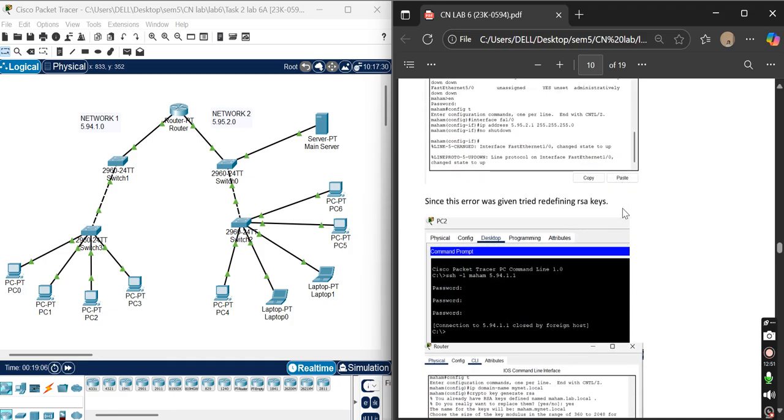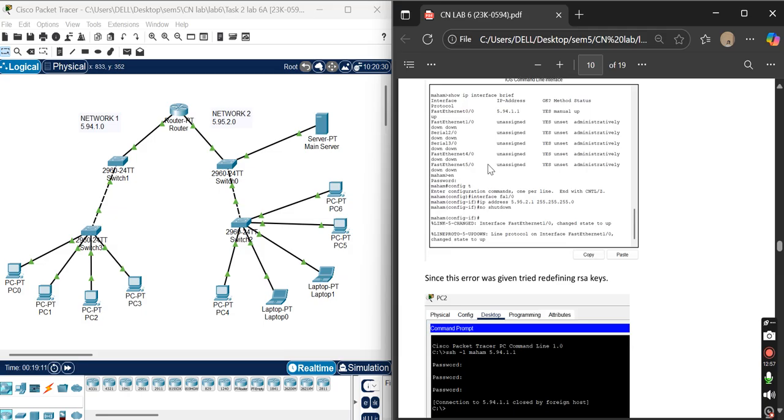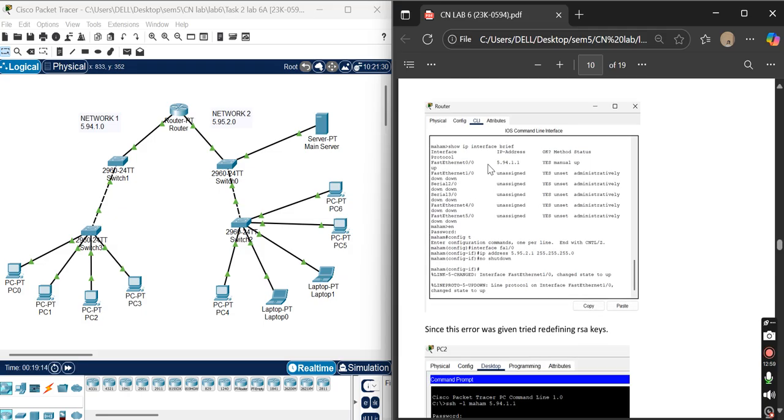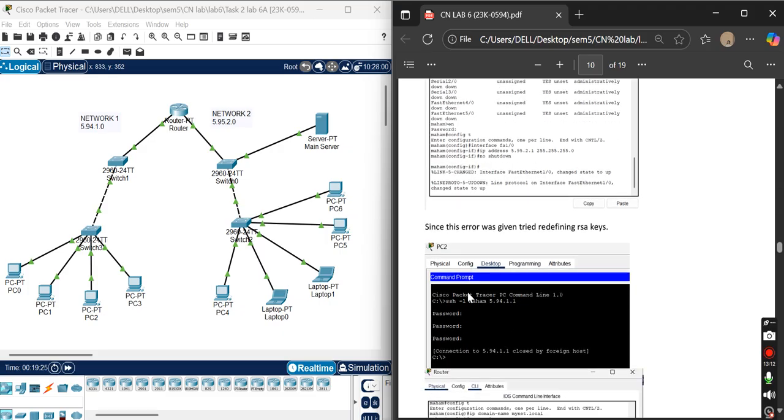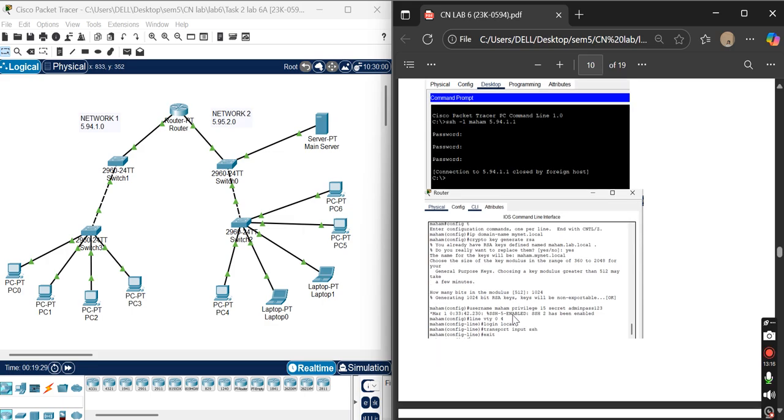However, when I first tried to access my PC, it gave me an error. So I checked through my CLI command to see if I had assigned the IP address correctly or not. But yes, I had done it correctly. But since it was giving me an error again, I re-entered my commands, as you can see.